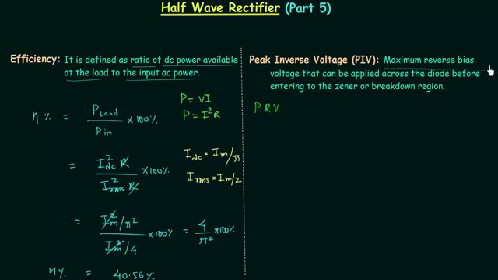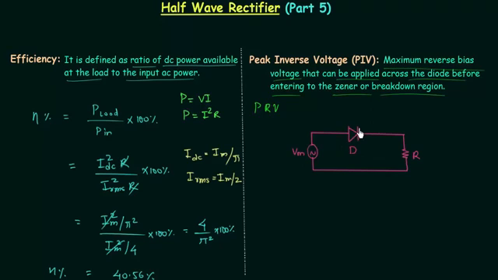This is the maximum reverse bias voltage that can be applied across the diode before entering to the Zener or breakdown region. I will quickly draw the circuit of half wave rectifier so that we can calculate the peak inverse voltage of the diode used. This is the diode that we are using, and we have to calculate the peak inverse voltage of this diode. I will connect the source. The maximum voltage or the peak voltage of the source is equal to Vm, and load resistance is equal to R. This is diode D,